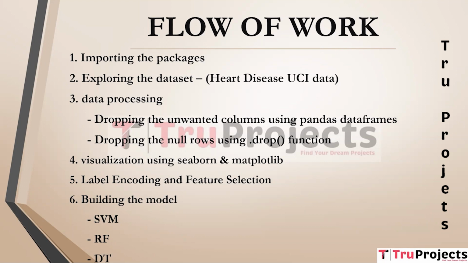DT, which is decision tree. Decision tree is a tree-like model that represents decisions and their consequences. It recursively splits data into subsets based on the most significant attribute, ultimately leading to a decision or classification. It is used for its interpretability, helping to identify key features in the heart disease prediction. It provides insights into which factors contribute most to the diagnosis.